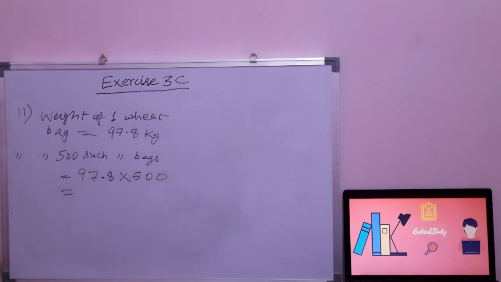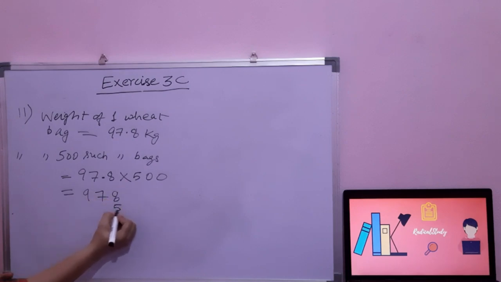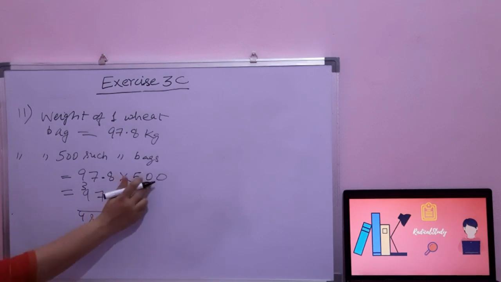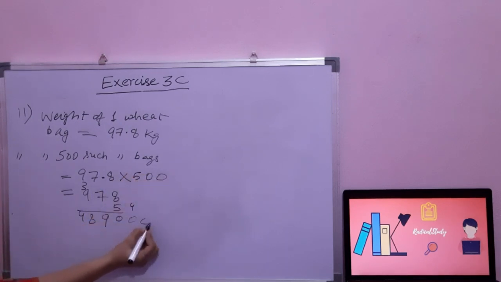तो जब आप इसे multiply करेंगे, what will be the answer, students? When 97.8 will be multiplied by 500, the answer will be, मैं आपके लिए यहाँ पे multiply कर देती हूँ. 978 को 5 से multiply कर देंगे. 5 8 का 40, 5 8 का 35, 35 plus 4 39, 5 9 का 45, 48. So 4890 तो आपका आंसर आ गया. प्लस 2 जीरो इसमें और ऐड होंगे क्योंकि ये 2 जीरो मैंने एक्सक्लूड किए थे.